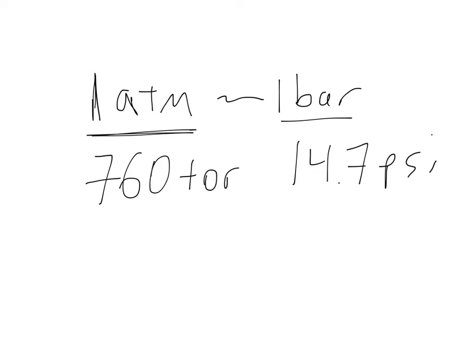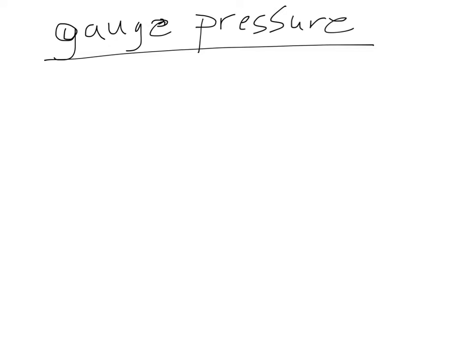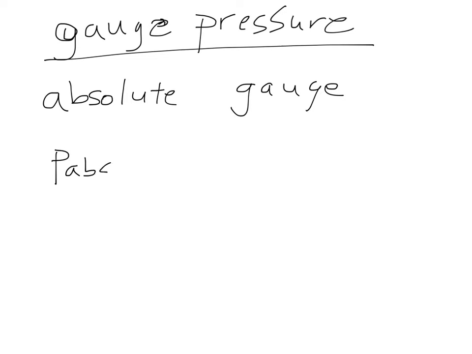One other final concept I want to talk about is gauge pressure. When we measure pressure, there are 2 types of ways that we can measure it. We can measure it absolute, and the other is gauge. And gauge pressure simply means that we are measuring our pressure relative to atmospheric pressure. So pressure absolute is equal to pressure gauge